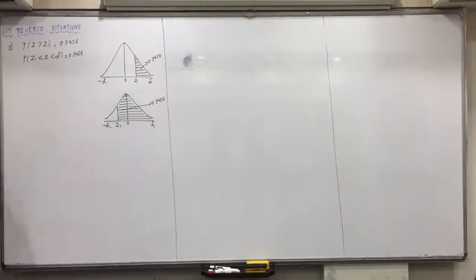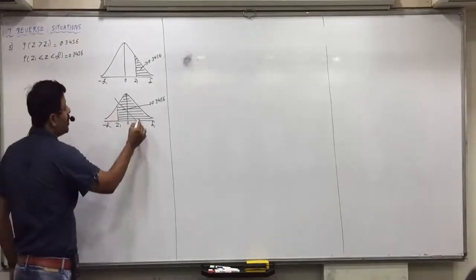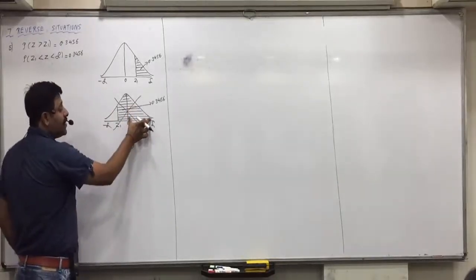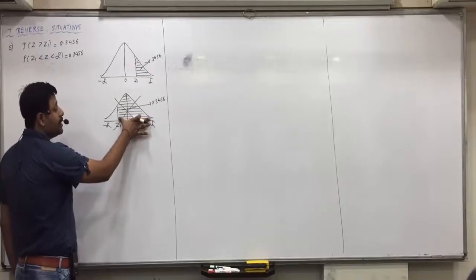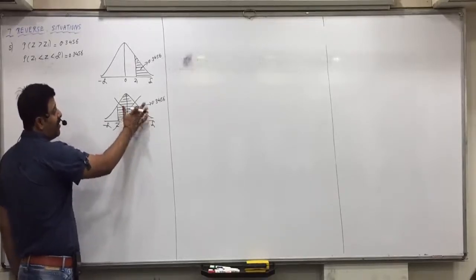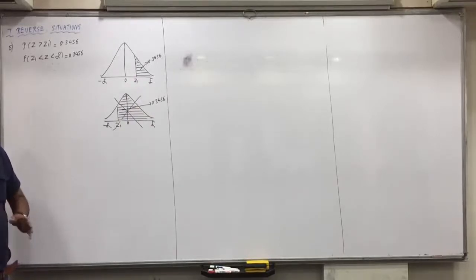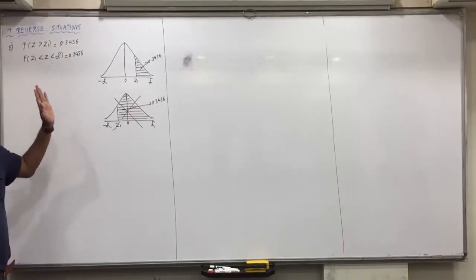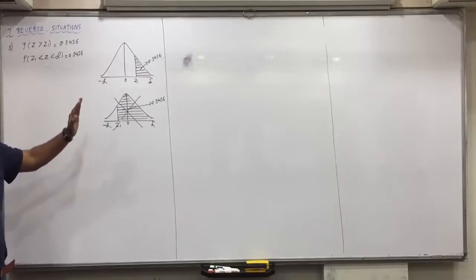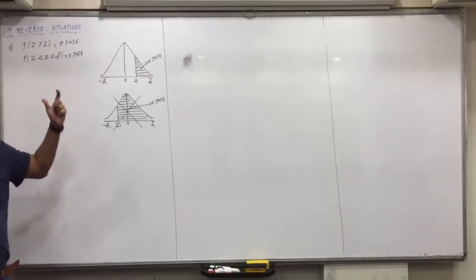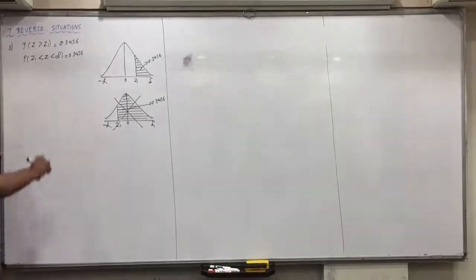Now raise your hand. Which one is not possible? Raise your hand. How many times do I tell you that? The second one is not possible because if this area itself is 0.5, then this area should be more than 0.5. The first one is correct. Now, in the first diagram, is shading on both sides or one side? One side. So sum or difference? Difference.